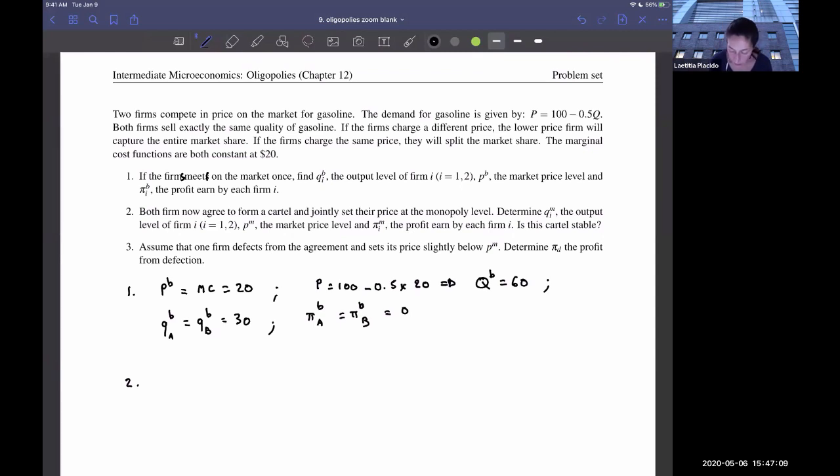So question, what is the market outcome here? What is the equilibrium for monopolies? So you set MR equals MC. That's 100 minus 1/2, minus Q equals 20. So the quantity produced by the monopolist is